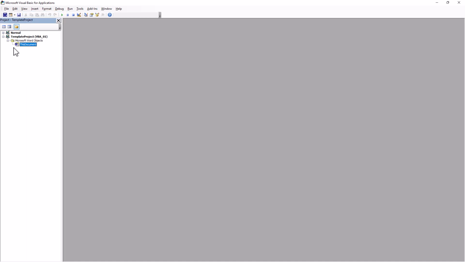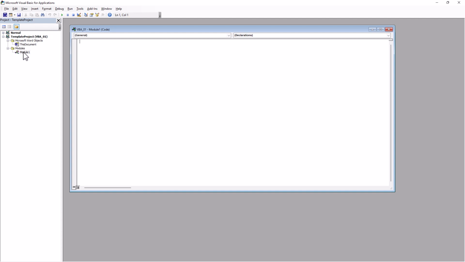And note that when I was making our recording macro, we had a module here, but now we don't have it because I made a new template again. We have several methods to create that. As an example, I could go Insert, Module, this is Module 1, and I could add my own code here. There is nothing there. You could type manually something like public sub and macro name, or even simpler than this,